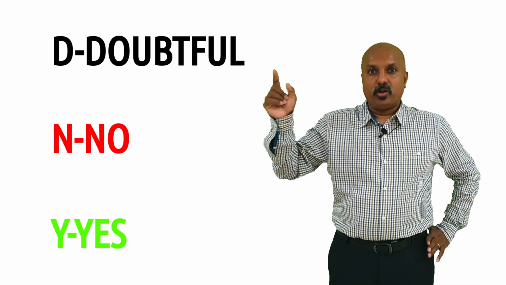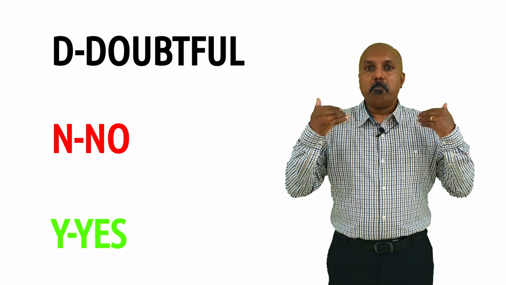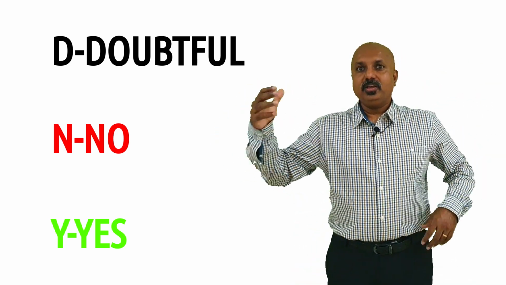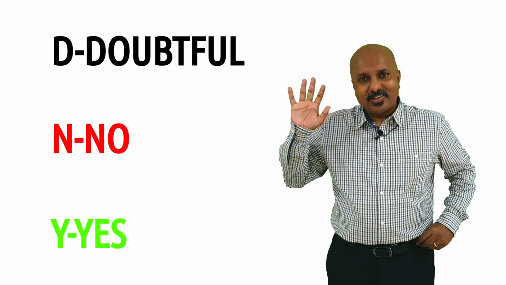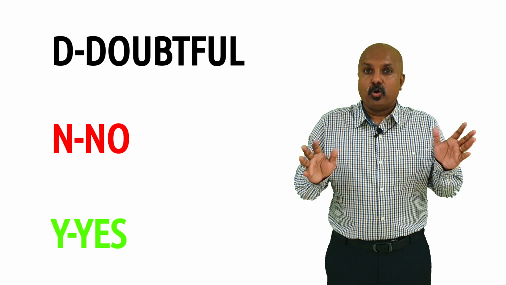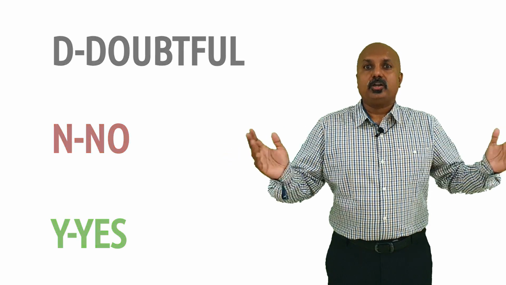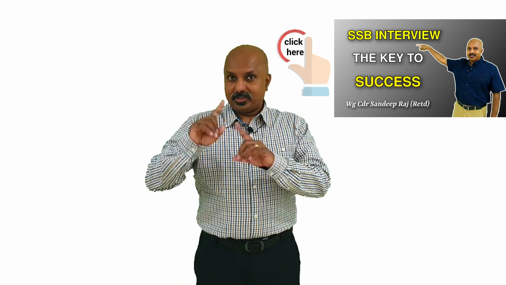In our first video on the phase 1 screening test, I had covered what this means. So if you are getting a larger number of Y or yes, it means you get recommended to go to the next stage. Similarly, if your OIR is 1 and you get even D, then you may get an opportunity to get recommended. But if your OIR is say 5 and you are not getting Y by all 3, you would not get it. So perform well in your OIR and also in your PP&DT. This is the key to getting recommended for the next phase.